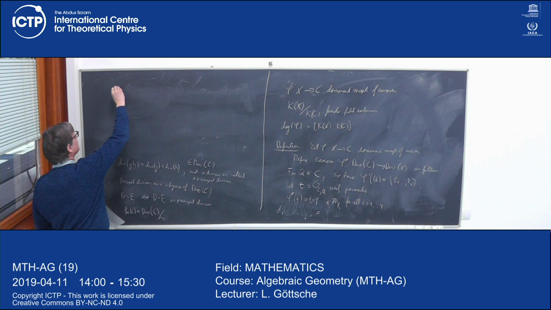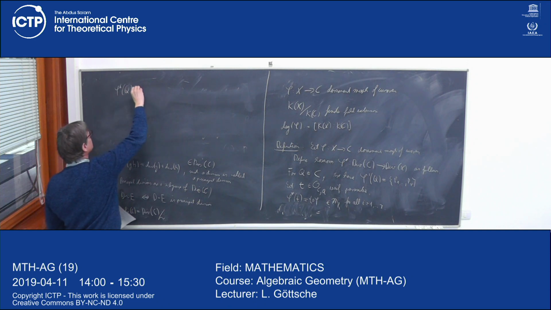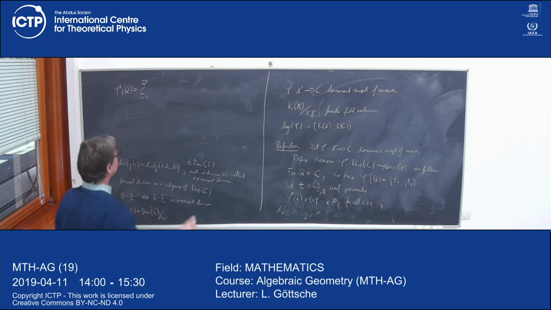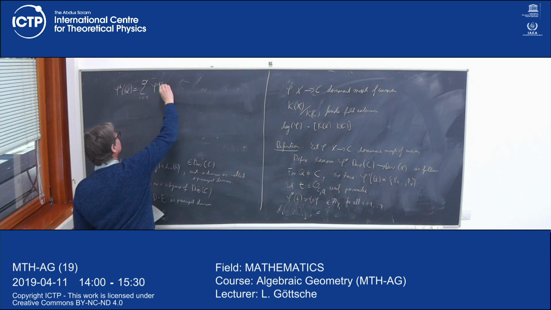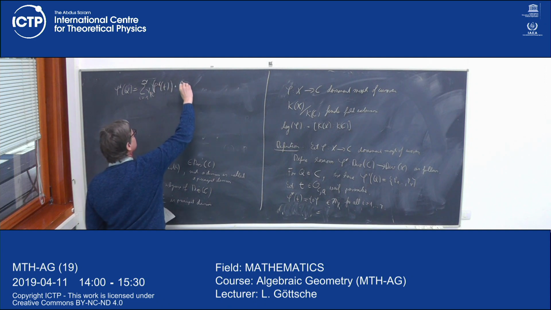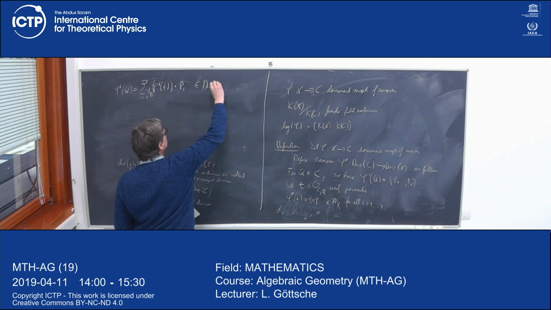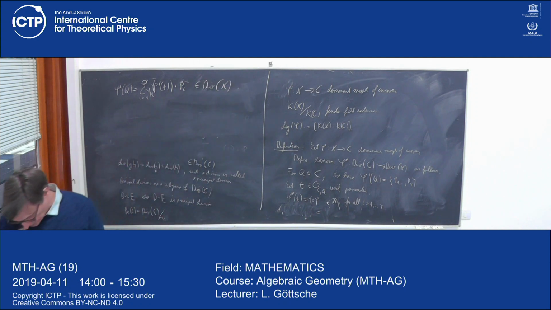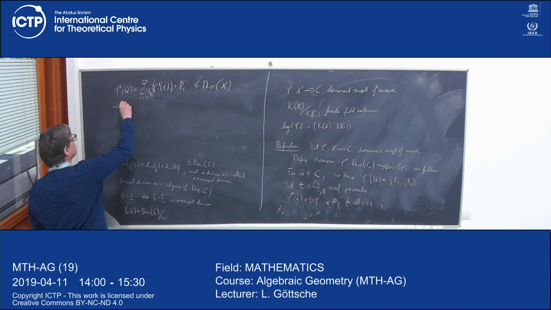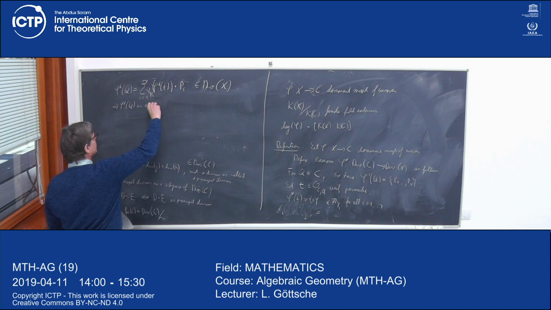The sum, so phi star of q is defined to be the sum over all the points in the pre-image, i from 1 to r. We take this pullback of this function, and we take its multiplicity at p_i times p_i. So this will be a divisor on X. And note that these multiplicities will all be positive. So it follows that phi star q is an effective divisor